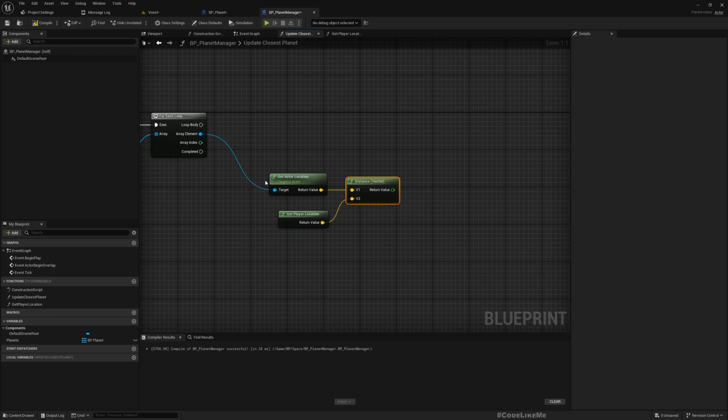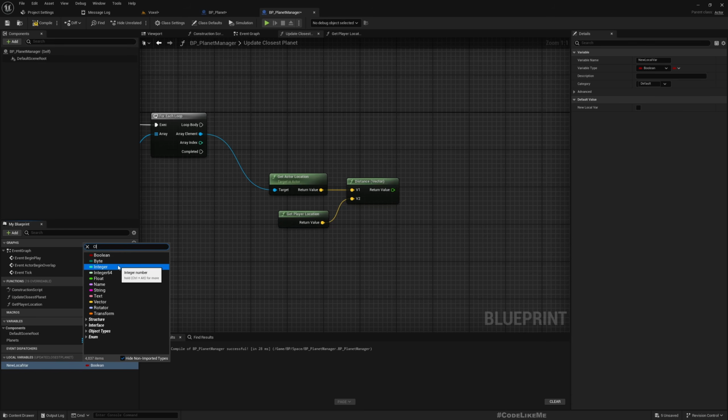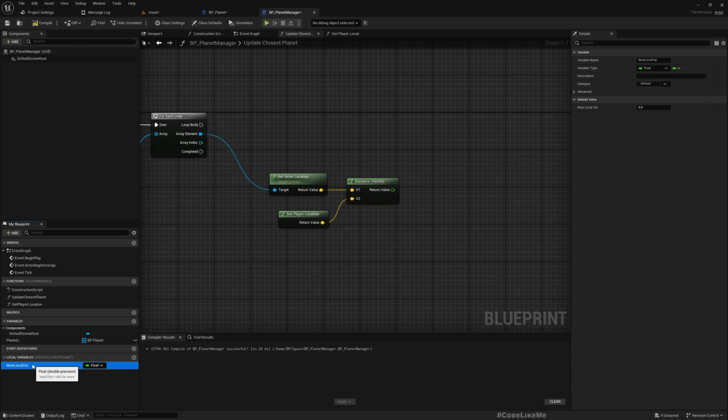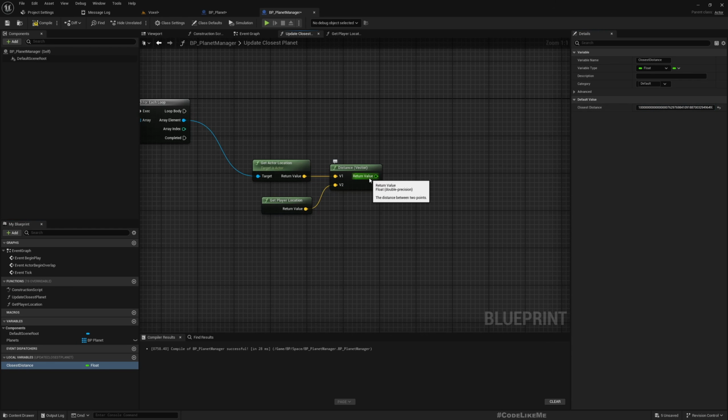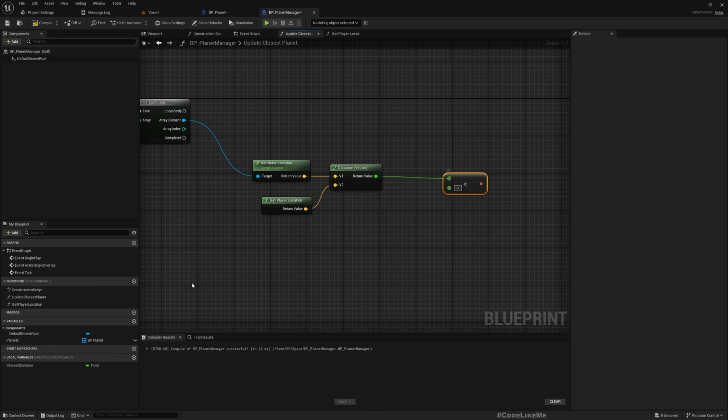And then here I'll create a new local variable, closest distance. Oh wait, it should be a float. Closest distance, but as the initial value I'll add a very large value, so that whenever we initially try to calculate this value, that will be lower than the value that we already have. So if this is less than the current closest distance,